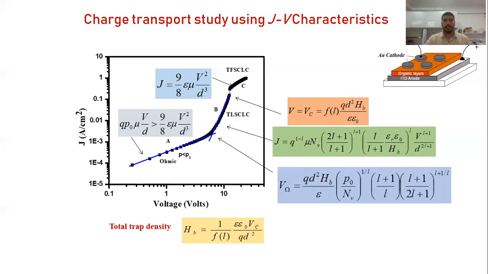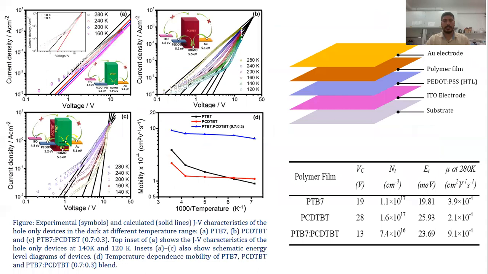And you can analyze, if you are using different polymers, how their mobilities are affected and how the conduction mechanisms change. I have studied this based on PTV7, PCT-TBT, and the blend of PTV7 and PCT-TBT. I have chosen a hole-only device structure because the charge carrier is moving through the HOMO level in all the devices, and we have restricted the flow on the LUMO levels. From these equations, I have calculated the critical voltage, trap densities, and mobility. With ET, we can also calculate the trap energy levels from these equations.